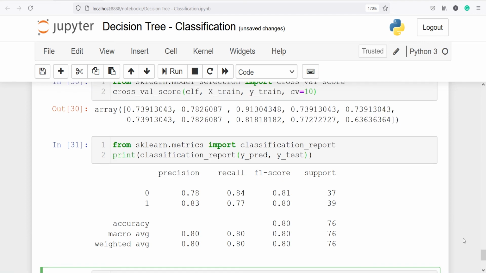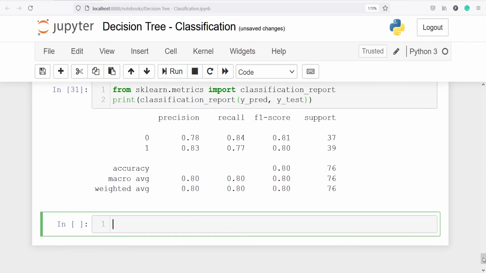And here in the output you will get some metrics such as precision, recall, F1 score, support. So for 0 the precision is 0.78, 78%, recall 84%. For 1 the precision is 0.83, recall 0.77. The F1 score is 81 for 0 and 80 for 1. The overall accuracy is 0.80. And these are the metrics you can use to evaluate the performance of your classification model.